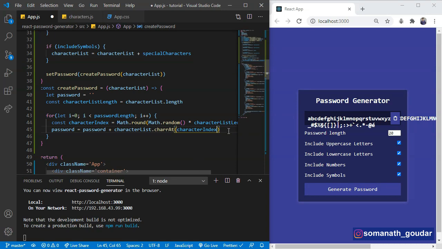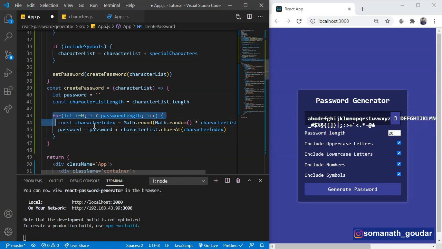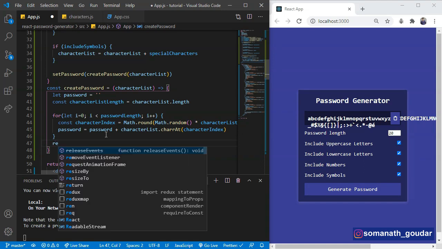So now what this is going to do is generate a random index, and that random index is going to pick a random character from the character list. Okay, now let's return this password.